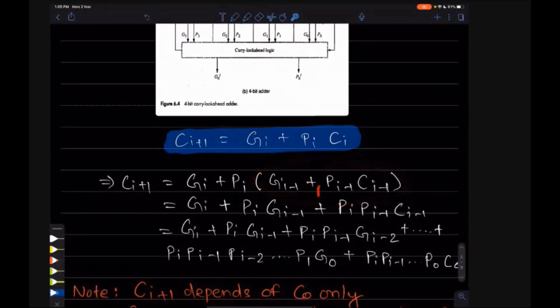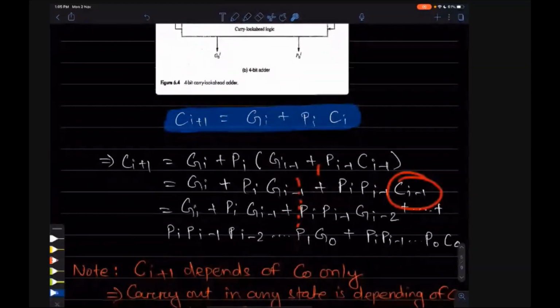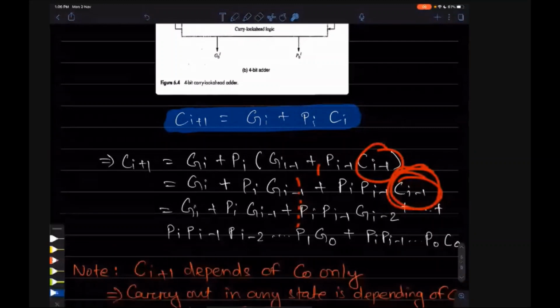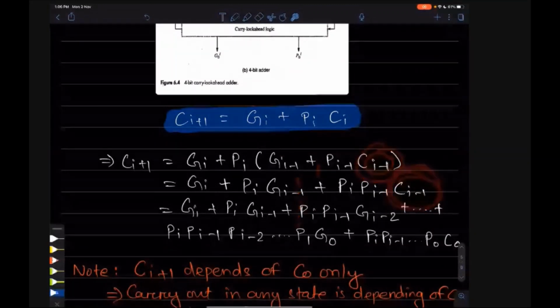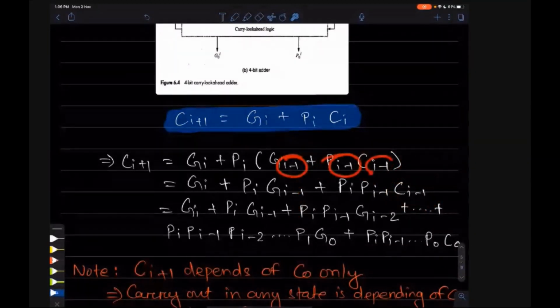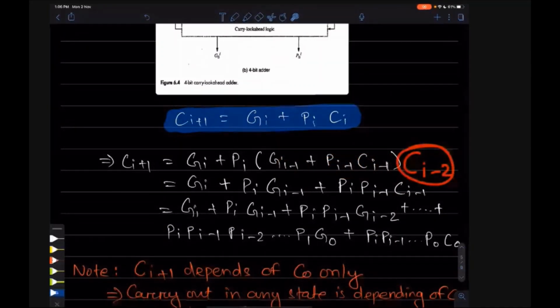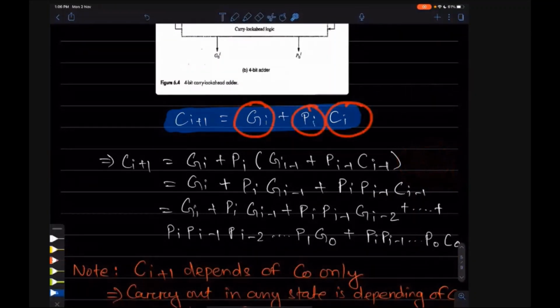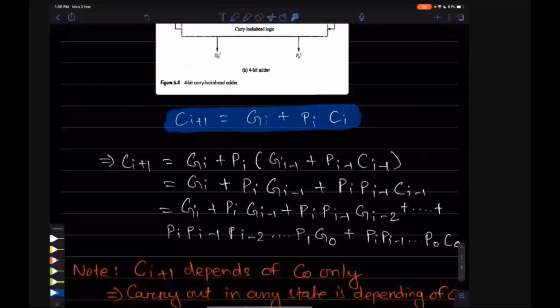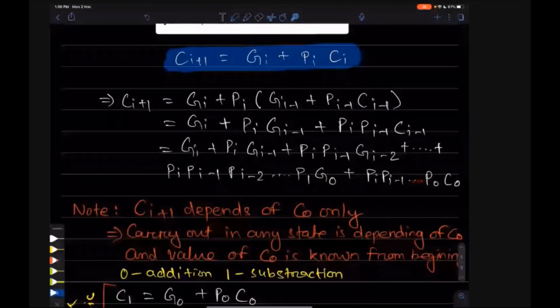Now solving it, we can keep on replacing these values. What is ci minus 1 now? gi minus 2, pi minus 2, ci minus 2. Next, ci minus 2 is nothing but gi minus 3, pi minus 3, ci minus 3, and it will keep going, and at the end you will only depend upon p0 c0.